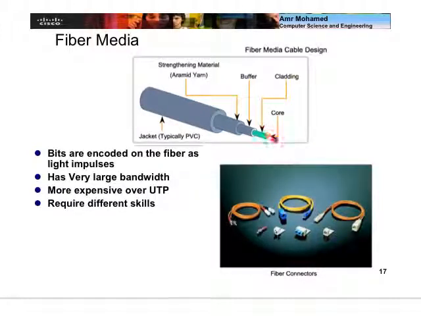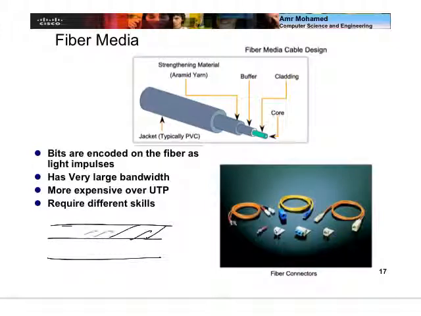So we have the core, and the core is like a small glass strip, which again is covered by the cladding, and again the cladding is used to focus, in that case, the light beam. So it focuses the light beam inside the core. So if you were to have, for example, this as the core, okay, the cladding adds on top of it like some layer,